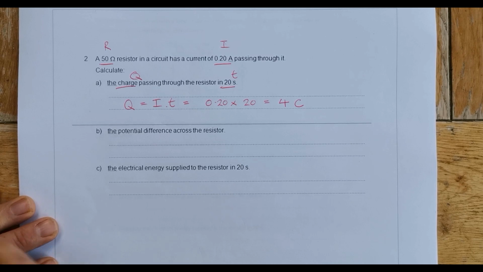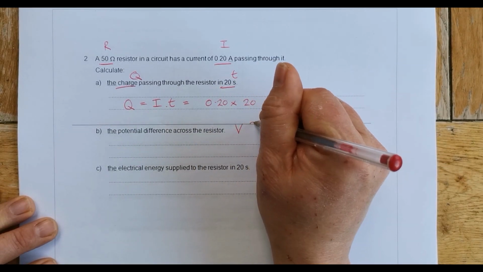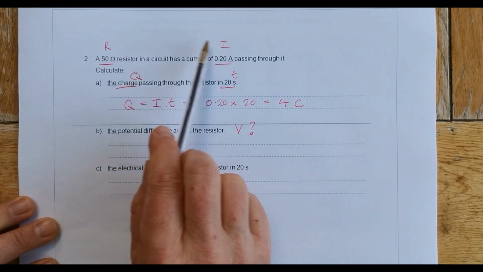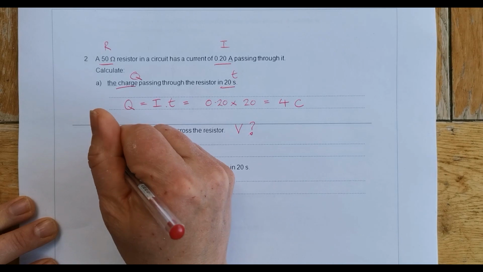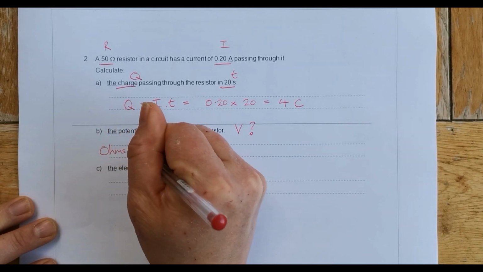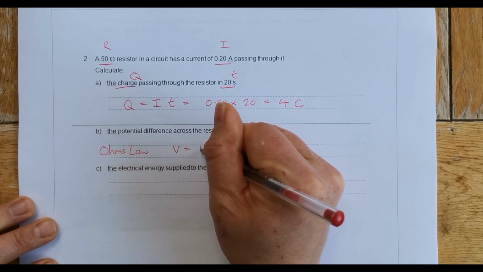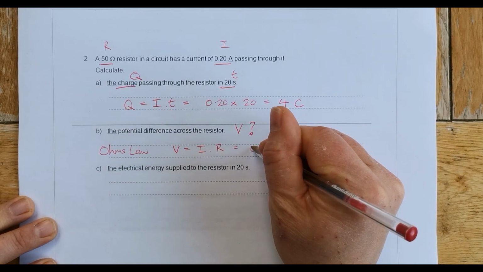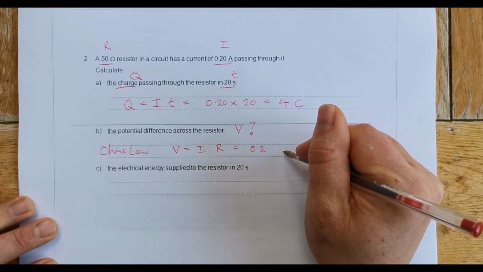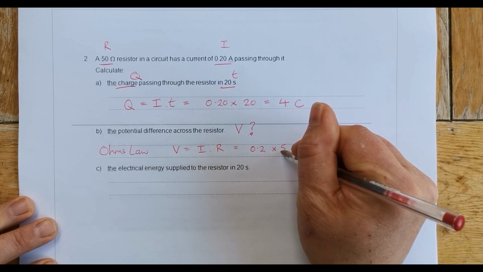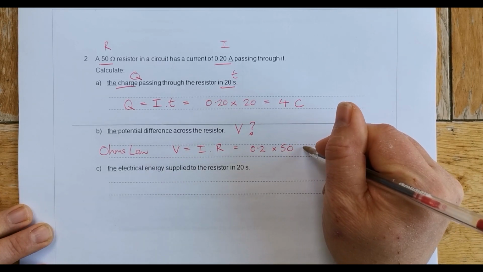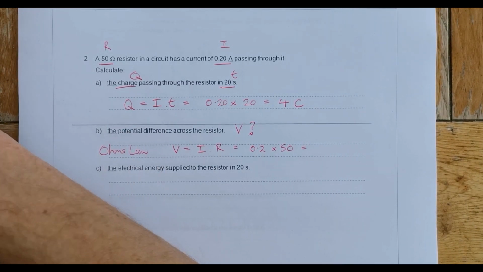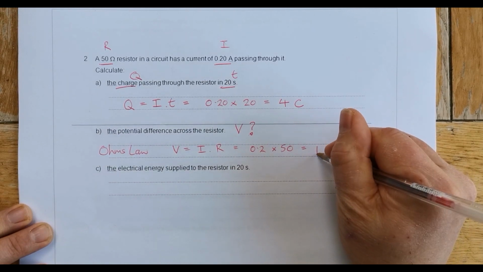The potential difference. So now we've been asked to calculate V. What have we got? Any formulas coming to mind here? I can think of one. Ohm's law. What's Ohm's law? V equals I R. I is 0.2 and the resistor is a 50 ohm resistor. 0.2 times 50 is 10